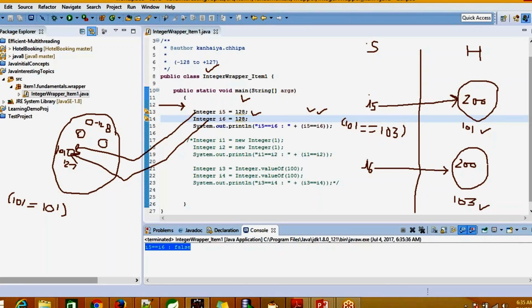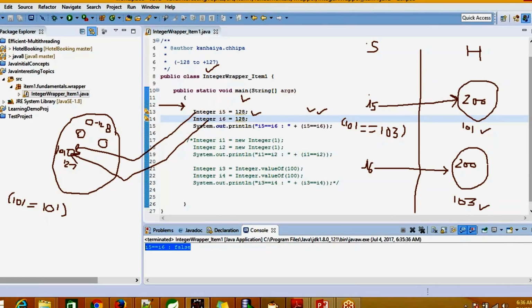Now think about the reasoning behind the caching. I mean, what is the need to cache these values in Java? This concept was introduced with performance enhancement in mind, because the values between -128 and 127 are considered the most frequently used values.